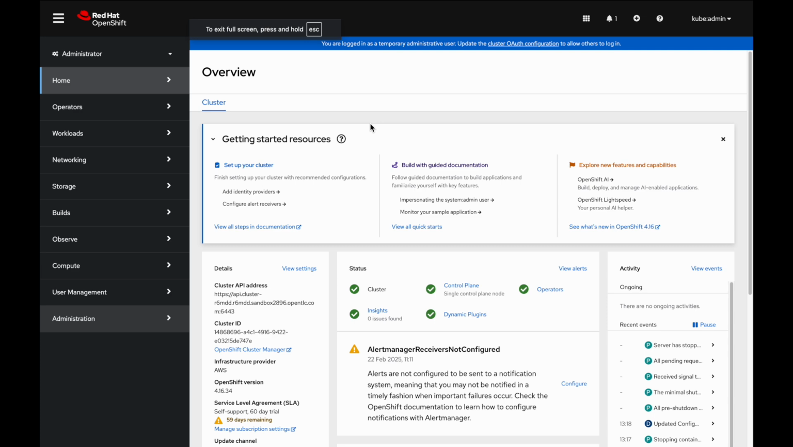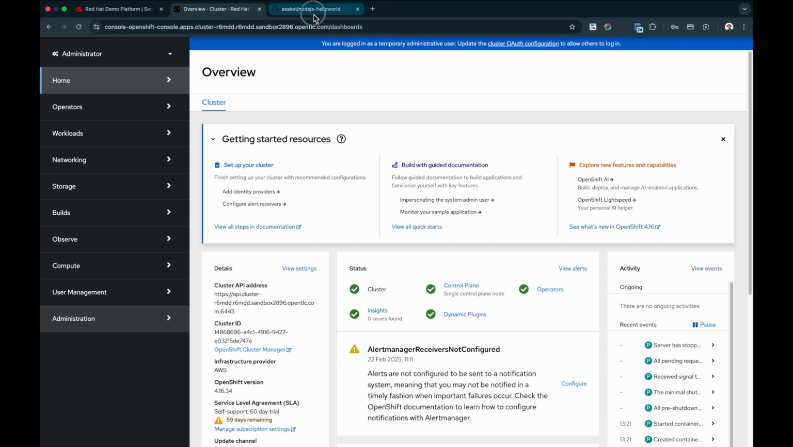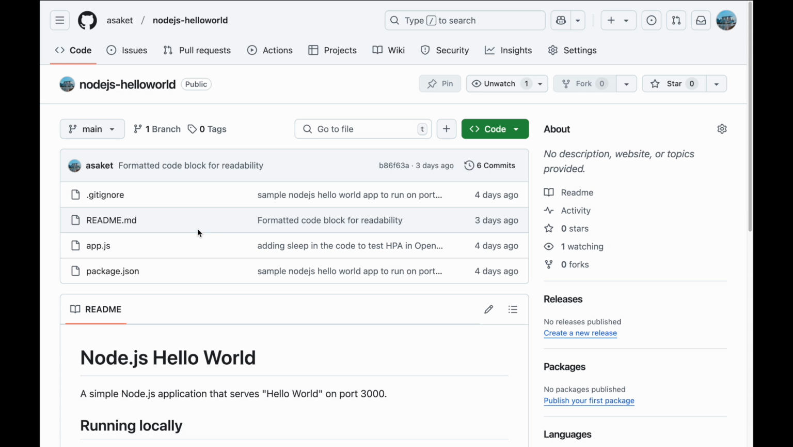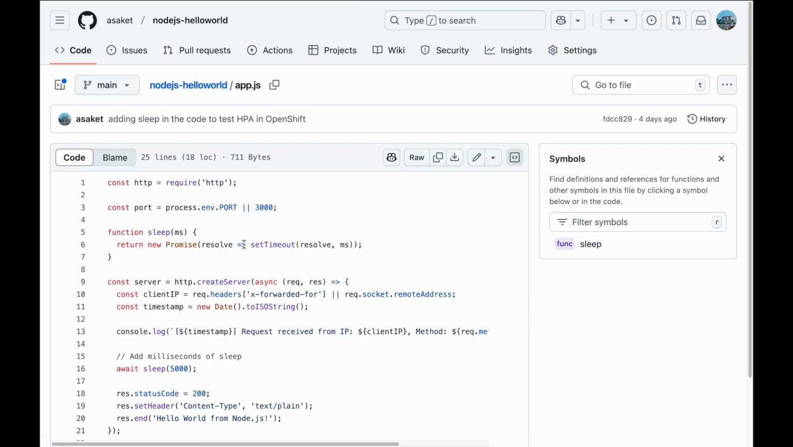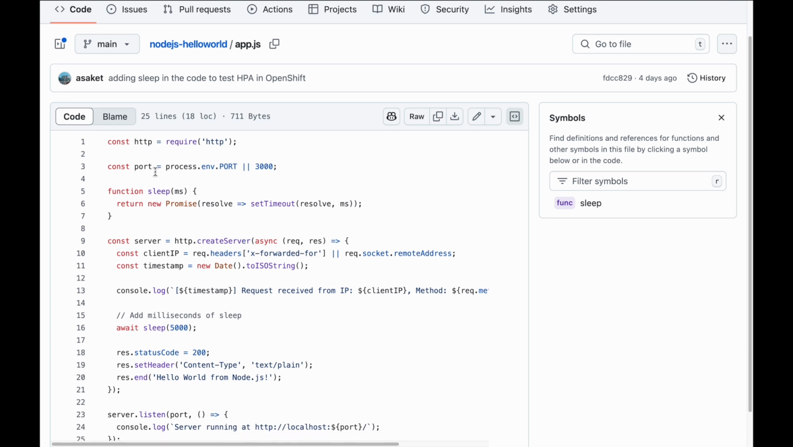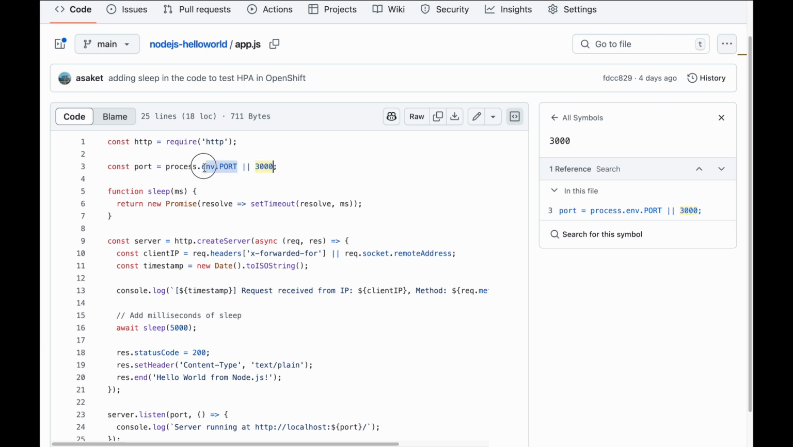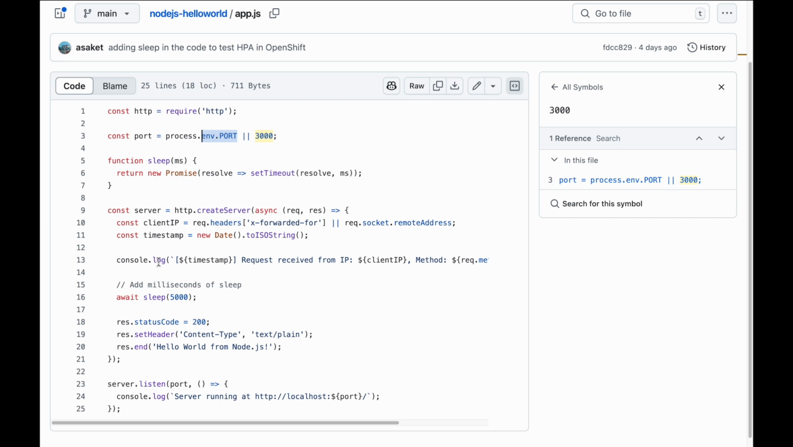So this is the OpenShift cluster that I have in my demo environment. And this is a demonstration application, a Node.js application. All the logic is there in this app.js file, which says that this application is running on 3000 port unless an environment variable is set. So apart from that, this application is just printing a log line,